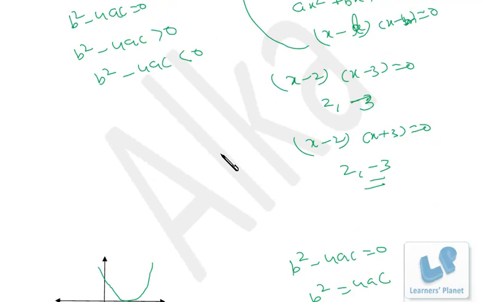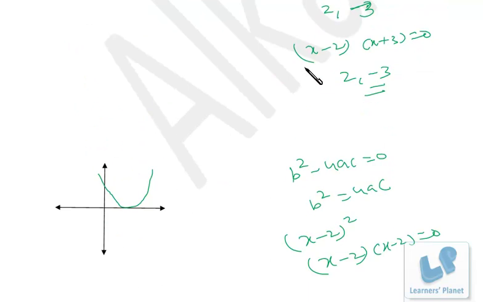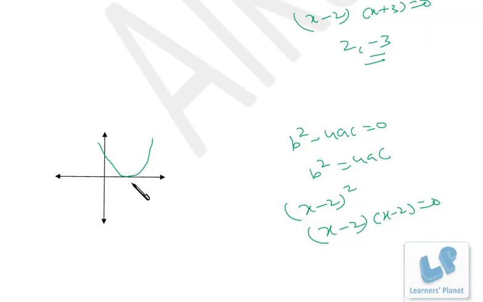In the earlier case, the parabola was intersecting the x-axis at 2 points when b square minus 4ac is greater than 0. In this case, the parabola is touching the x-axis only at 1 point, that is x is equal to 2, right? So the graphical representation should also be clear in your mind. Okay. Now the third case,